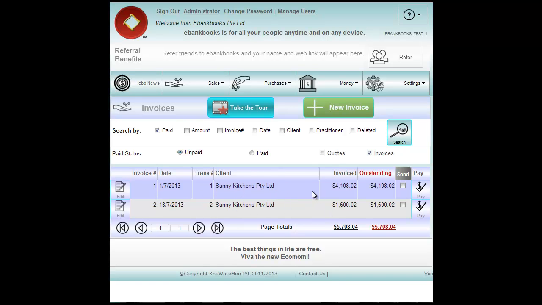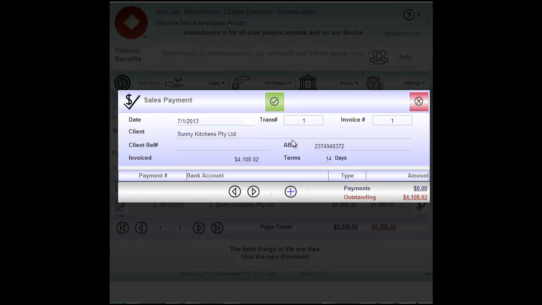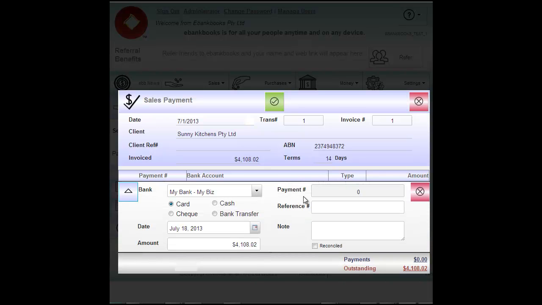Now if you want to register payment for one of these invoices, you just have to click on the Pay button, which will take you to the sales payment form. Invoice may be paid in one payment or several. So all you need to do is click on this blue plus button and enter date of payment and the amount. Say if invoice was only partially paid on that day,